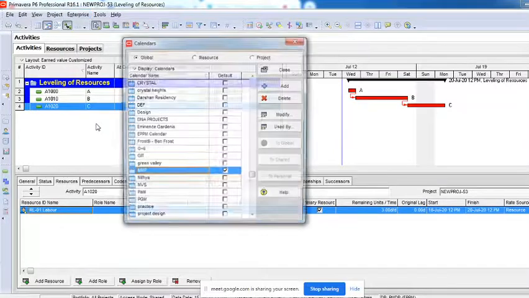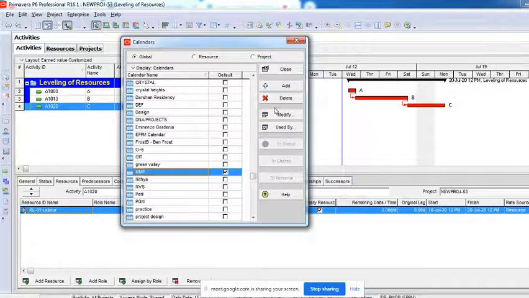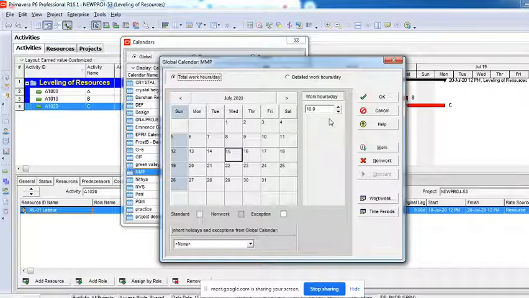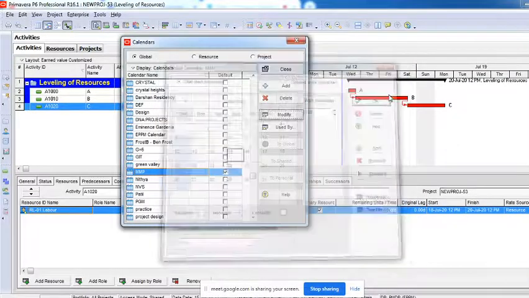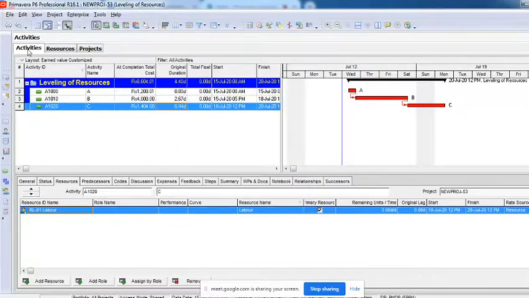Just to make you understand why it is happening in that way, it's 10 hours per day here, but when we go to time periods, it is 8 hours. So that's the reason why it is showing you in that way. I'll just remove the problem itself so that you will have a better understanding now.